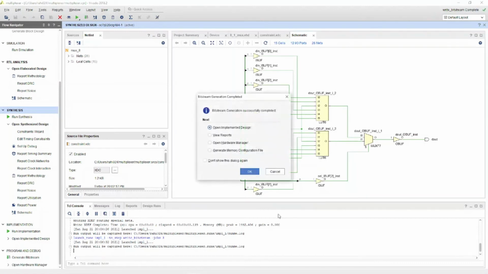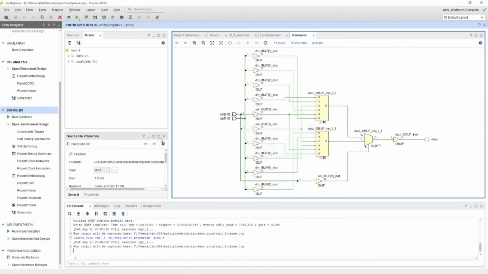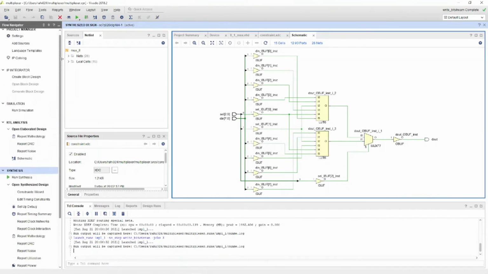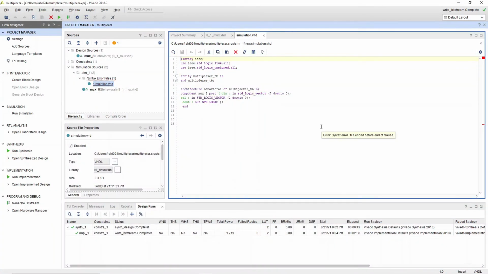Yeah, I think all things have been completed for writing a test bench. It is pretty much simple. You go to sources, then simulation sources. Okay guys, we are only left with the simulation and writing the test benches. It is easy. You will create one simulation test bench by right clicking and creating design sources.